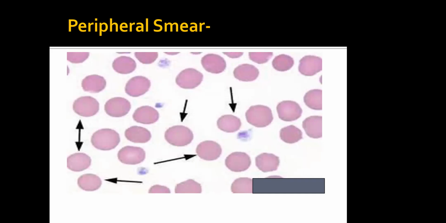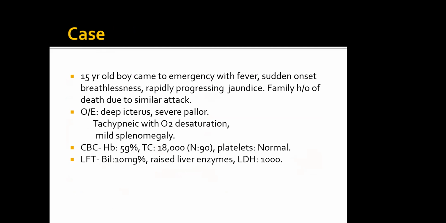Now, when you're suspecting HS, the recommended test a few years ago was that you ask for an osmotic fragility test. And that is how you would pick up a hereditary spherocytosis. Nowadays, the trend is to ask for a flow-based report, which is called an eosin maleimide assay, EMA. It's a flow-based report, so it's more sensitive in that way, and it is more easily reproducible. And OF is generally very, very observer dependent. So the test of choice has now shifted to asking for an eosin maleimide assay for hereditary spherocytosis. And the treatment is generally just symptomatic care in severe